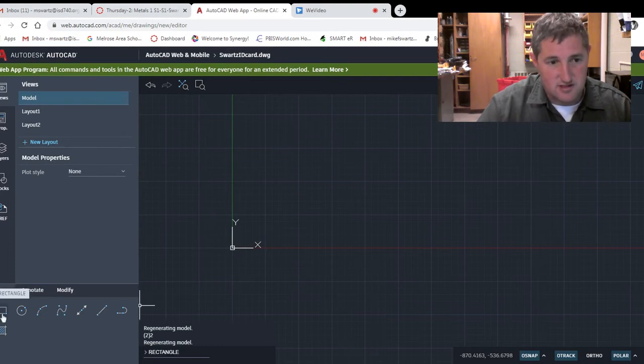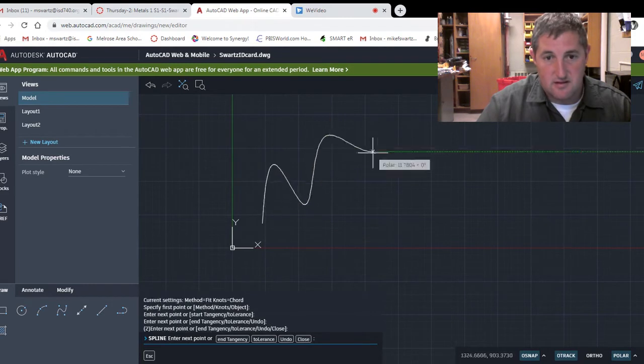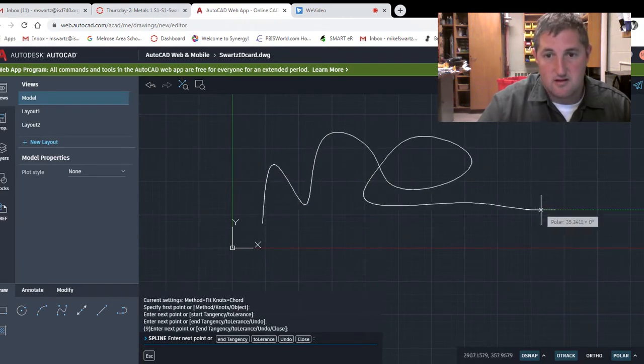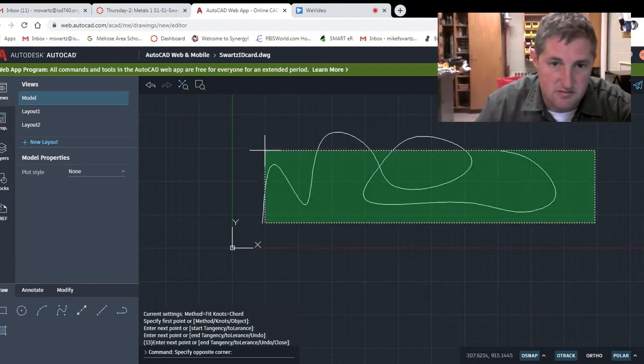So that looks like a rectangle. Well, that's what you need to do to draw a rectangle. This looks like a circle. That's what you need to do to draw a circle. This looks like an arc to me. That's what you need to do to draw an arc. This is a splined line, which means a line with curves in it. So I drew that. Great. There's a spline